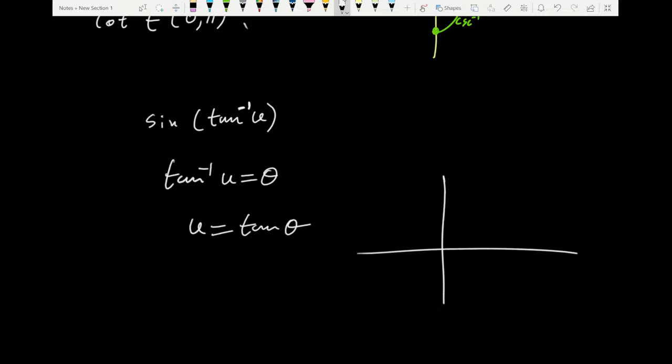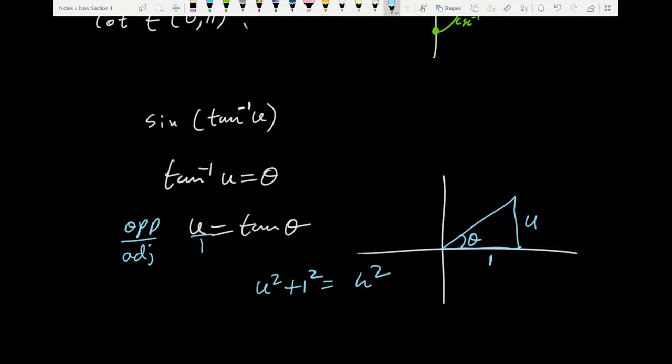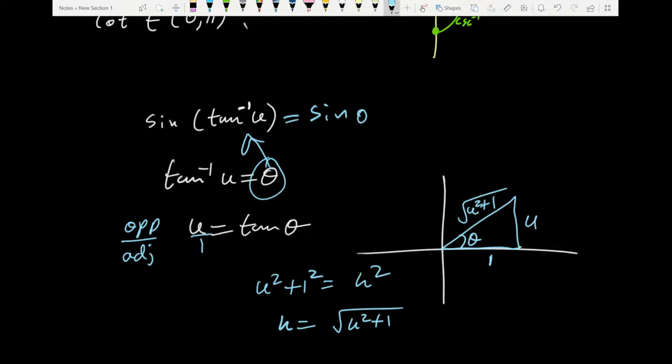And we're talking about the first and the fourth quadrant. And we're going to assume u is positive. So that's your theta. It tells you opposite over adjacent, SOHCAHTOA, so u over 1. So what is this missing side? u squared plus 1 squared equals hypotenuse squared. So h equals square root of u squared plus 1. Substitute this in. You get sine of theta equals,